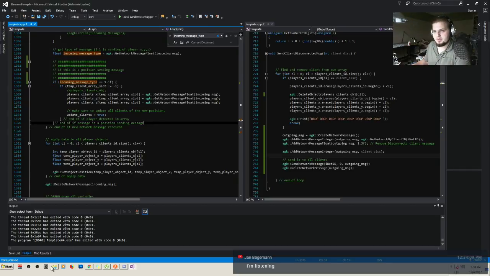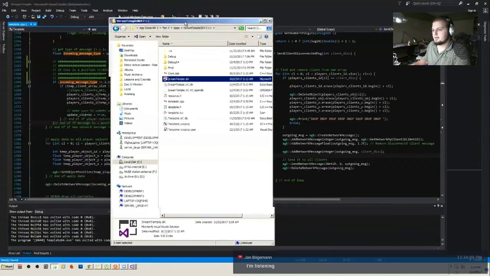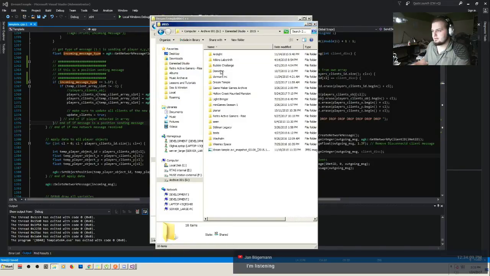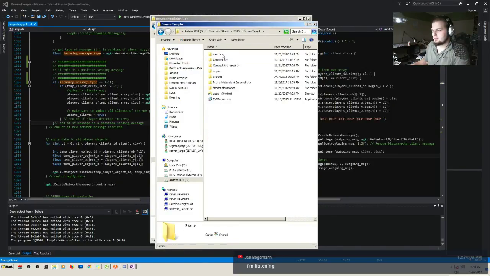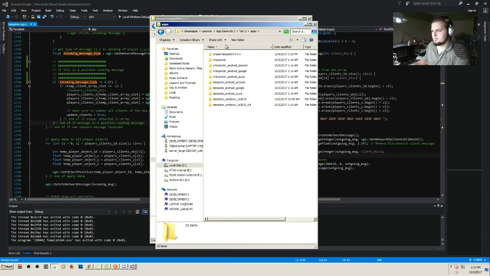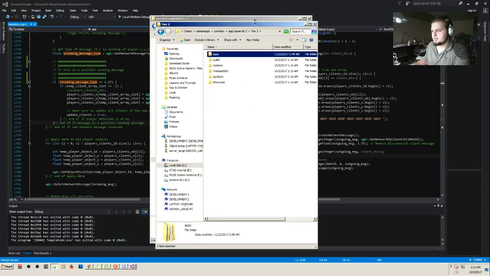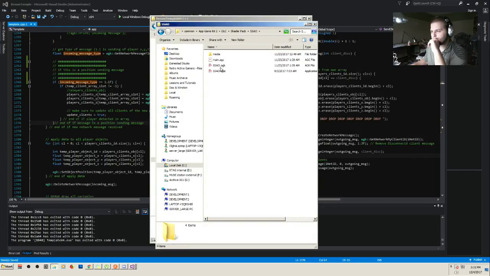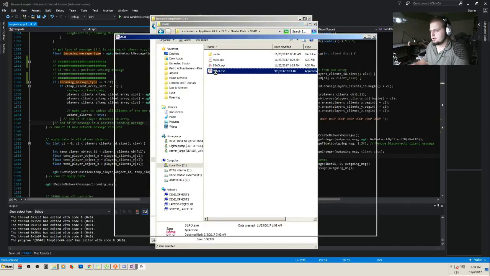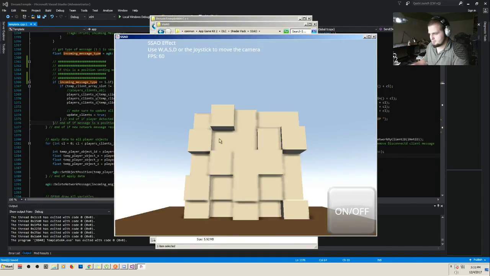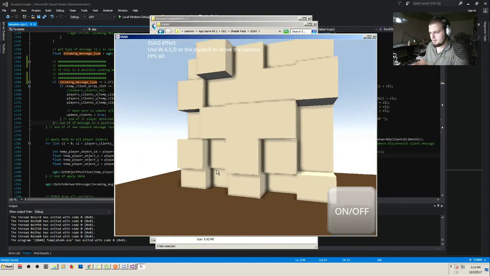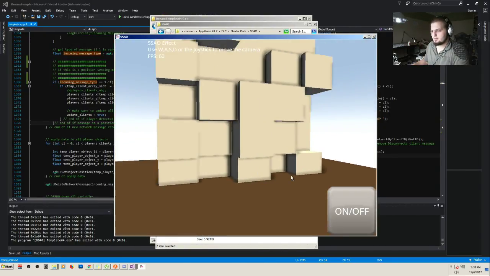Here, let me see if I can open this thing up actually. Where was this thing? Dream Temple. Let's see. It's in here. DLCs, shader pack, screen space ambient occlusion. Okay. So this is the executable. Okay, so the one thing, so this looks all right from the get-go, but